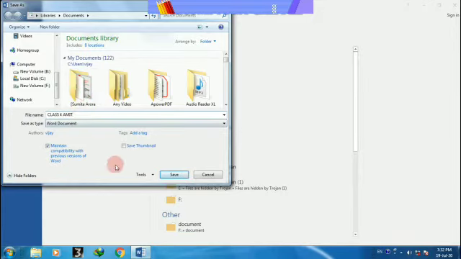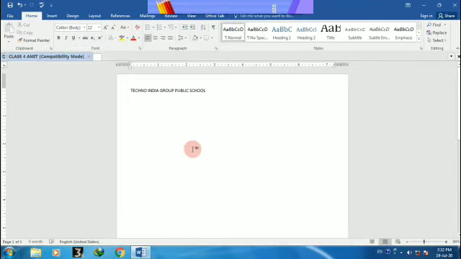There is no need to mention the extension, and click on save. Now your file has been saved. Clear students? This is your saved file, and now your document is ready for future use. In future, if you want to use this file, you can use it very easily.